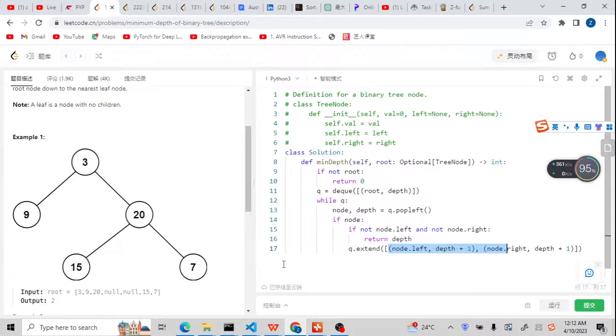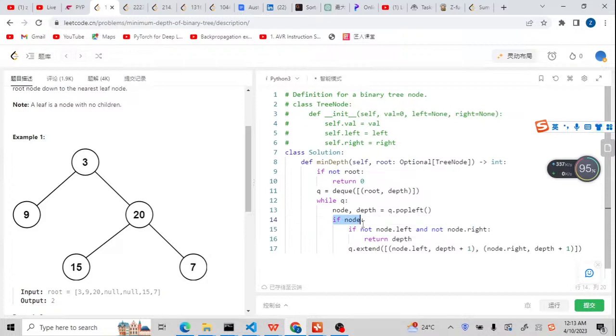Another condition is left node is not None but right node is None. And the third situation is left node is None but right node is not None. So I would prepare all three combinations inside the queue, and after that, I will pop the node